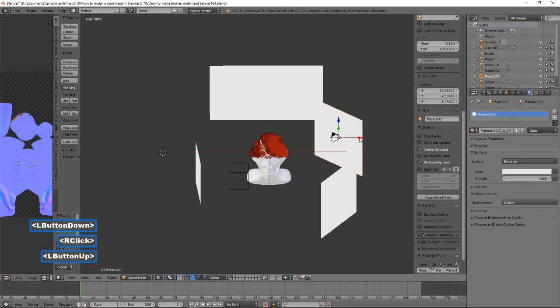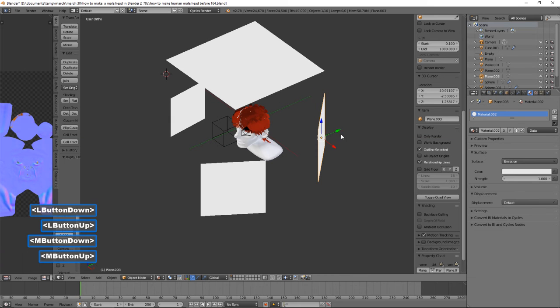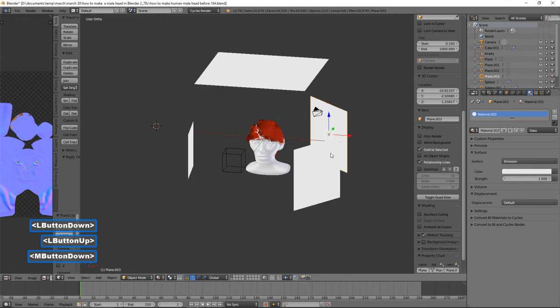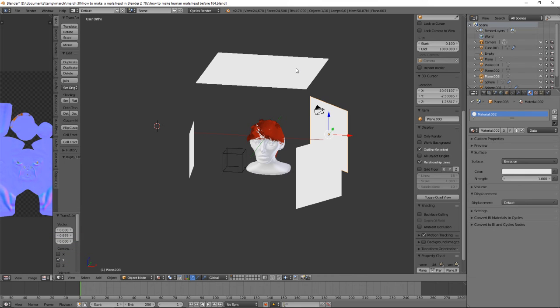And I'm putting these planes around, just trying to get fairly decent lighting. If you're like, well, okay, you made this, you put an emission on it, and then you made this separate. Why did you click this and then just duplicate this to this? The reason why I did that is when you click here, when I clicked here and then duplicated this to